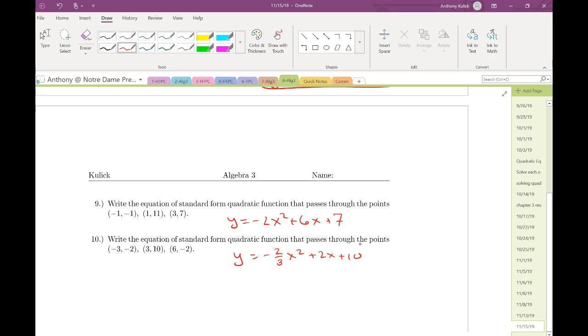Any final questions from this assignment? I feel like we went through all the trickiest things there, right? Okay. So this was it. This was the last topic that